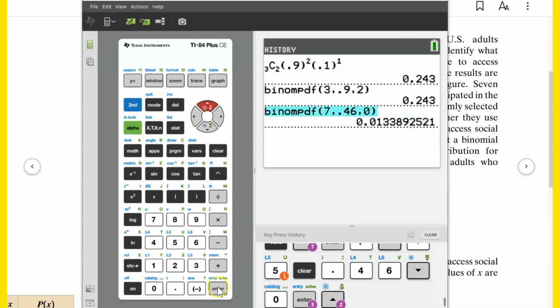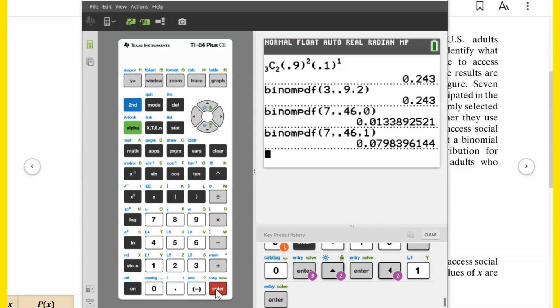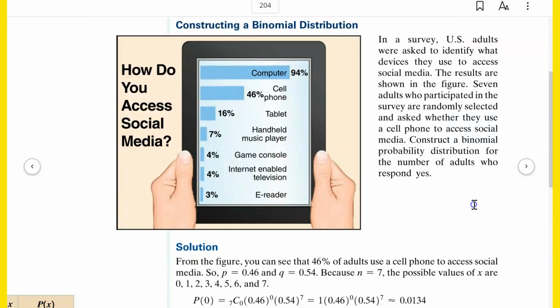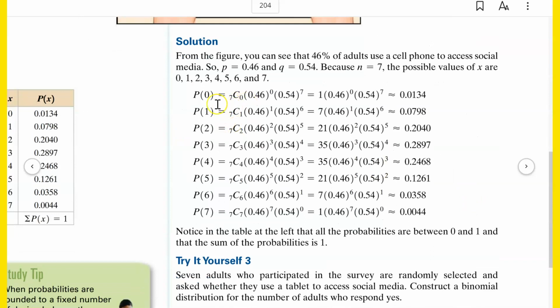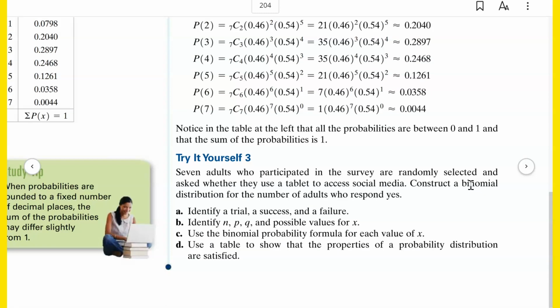Now, what I can do to make this easy on myself is I can go up here and click enter on what I just typed in, and all I have to do is change the 0 to a 1. So now it's going to give me the probability that I have 1 person, and that's about 0.07, almost 0.08, so about 8%. All right, do it again. Go up there and highlight that and hit enter, and just change the 1 to a 2. And that's going to get it a lot quicker for you. 20% chance there. So you can see here that they do all of them all the way to 7. They have all these different probabilities for the entire range of possibilities from 0 to 7. That's the entire binomial probability distribution for that example.